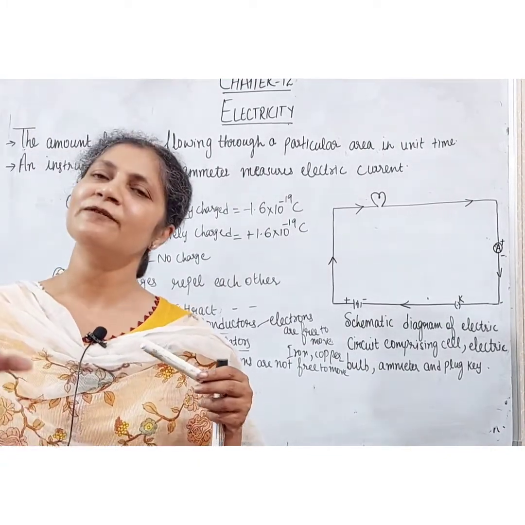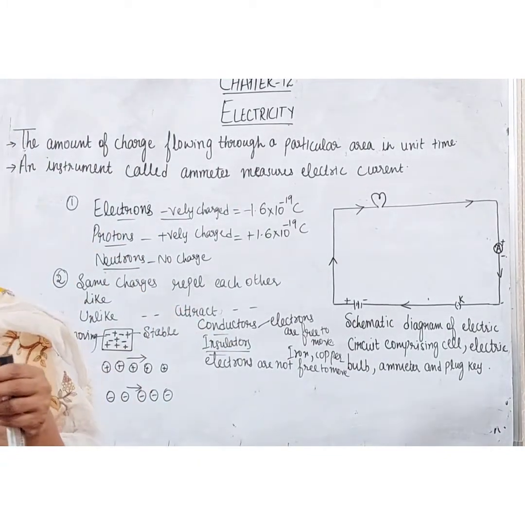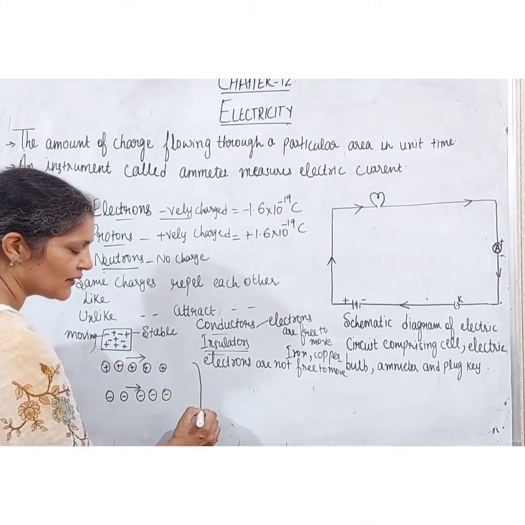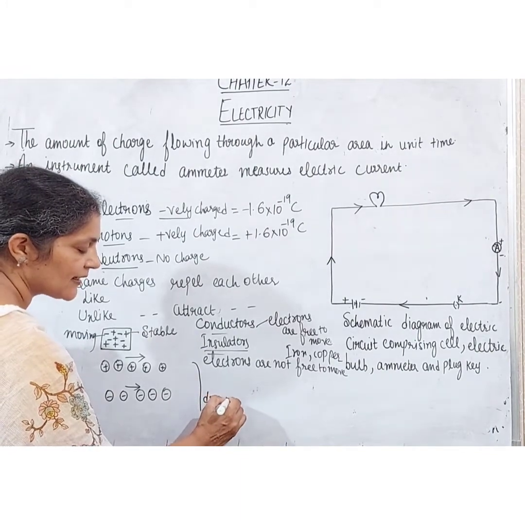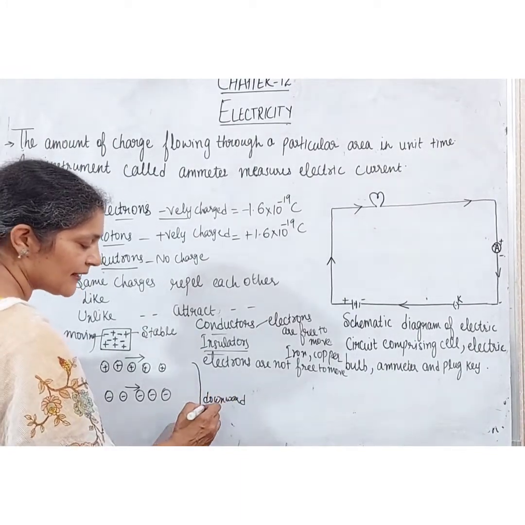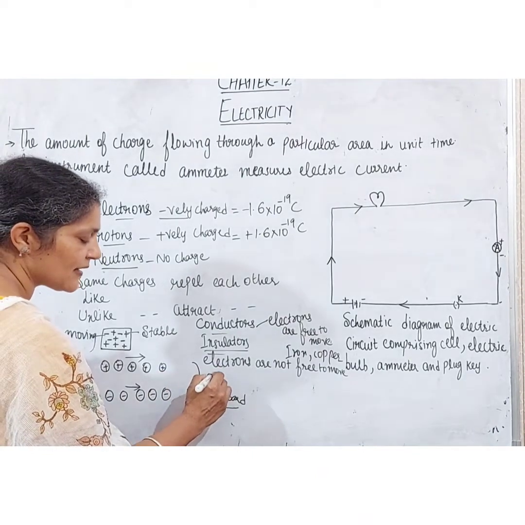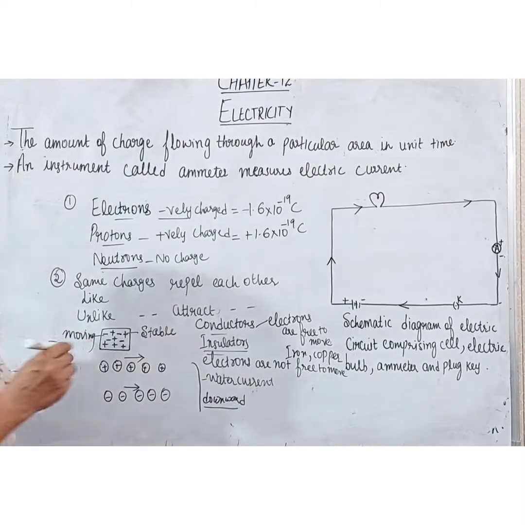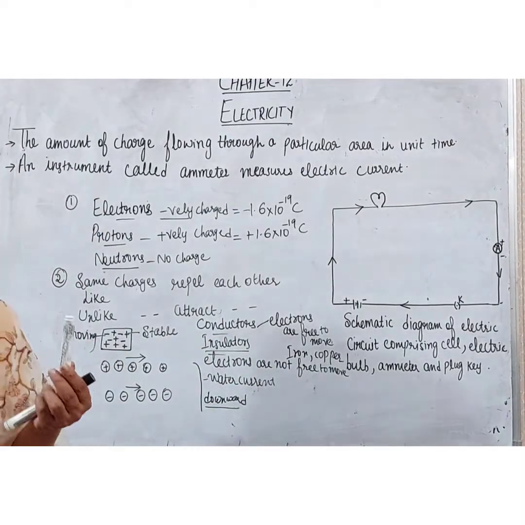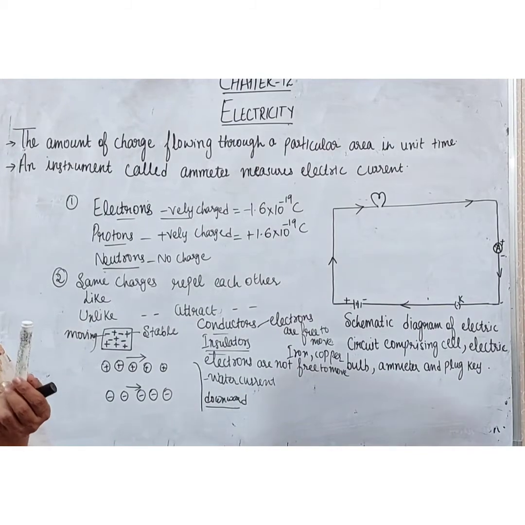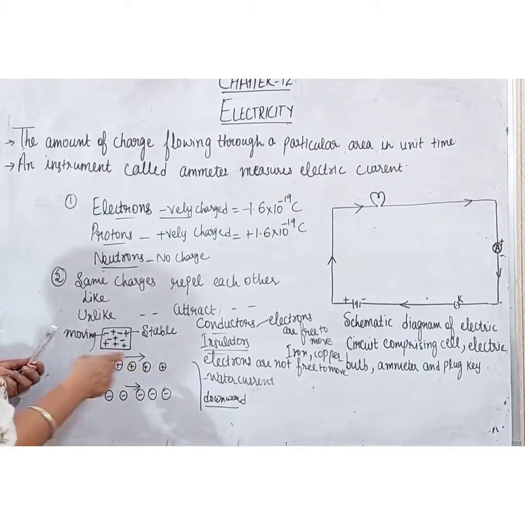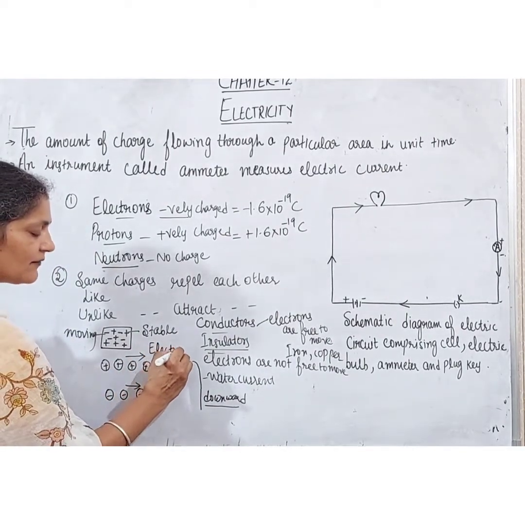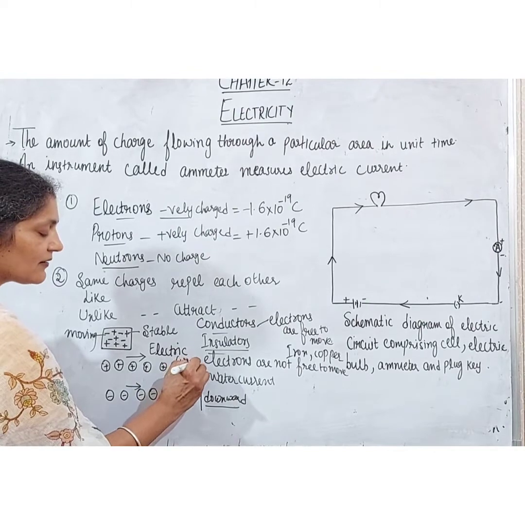That I will tell you after one minute by taking an example. If I have water and water is flowing from up to downwards, right students, I take the example of water, it is flowing downward, so I will say it is producing water current. So when the charges are flowing, then this is known as the electric current. When charges are flowing, they are known as the electric current.